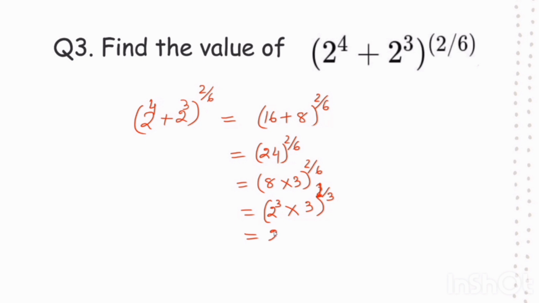Now 2 raised to the power 3 whole raised to the power 1 by 3 into 3 raised to the power 1 by 3, and that is equal to, now this 3 we can reduce, and 2 into 3 raised to the power 1 by 3, that is equal to,